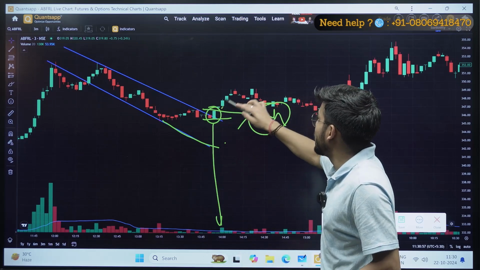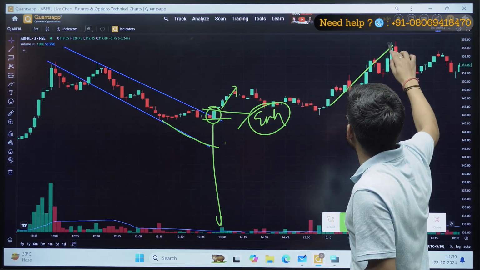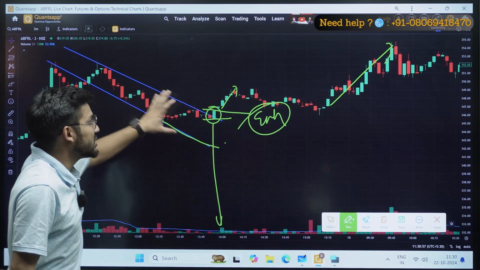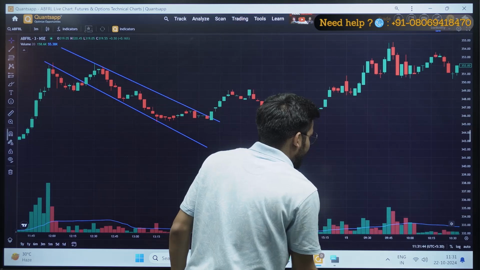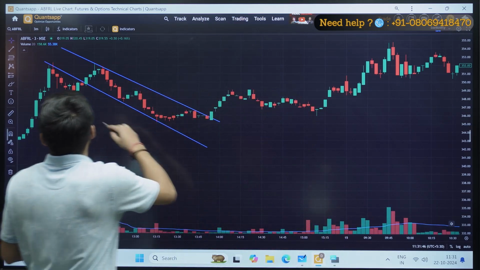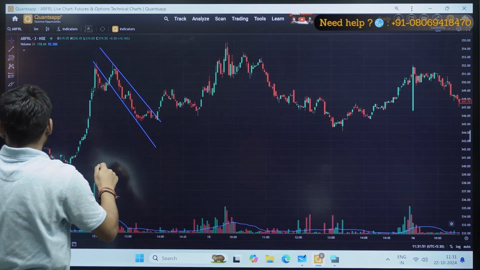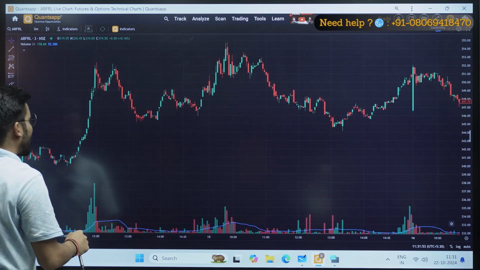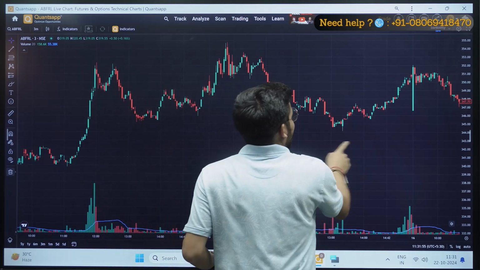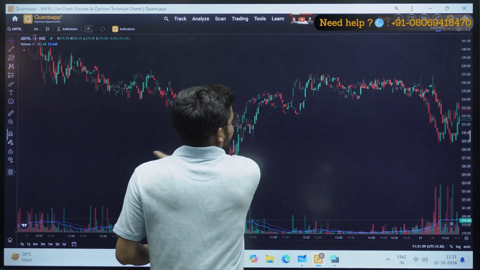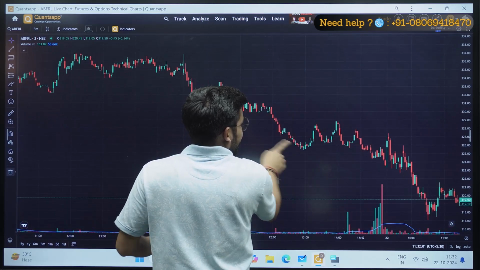Then you can see a good movement in the upward direction, and then again after some time there was a very good movement in the market as well. So this was a bullish flag pattern for you. Let me see if I'm getting some other example. So let me remove the drawing, and then we will see in the current market if we are getting some examples or not. Let's see where our current market is.